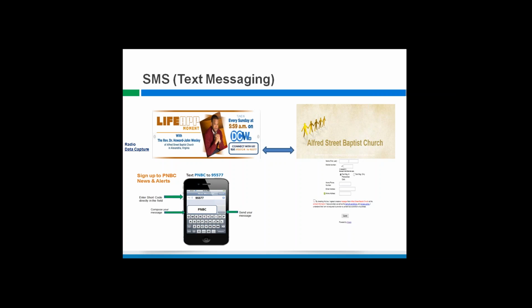So your pastor, let's say, has a radio show, and your pastor wants to promote to listeners who are interested to learn more about the church to simply text the church's name. Let's say it's Grace Church, text Grace to a very particular or specific number assigned to the church. So that pastor is able to tell the listeners, text Grace to 95577, and when the user or the listener does that, it goes to